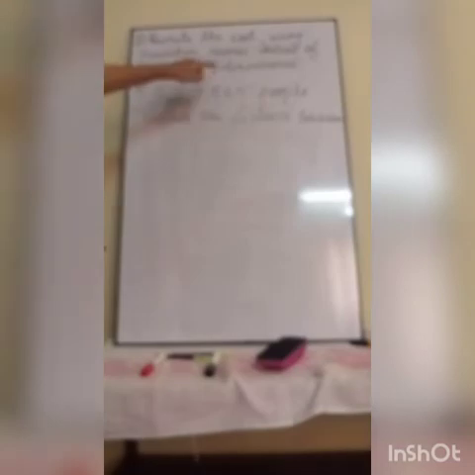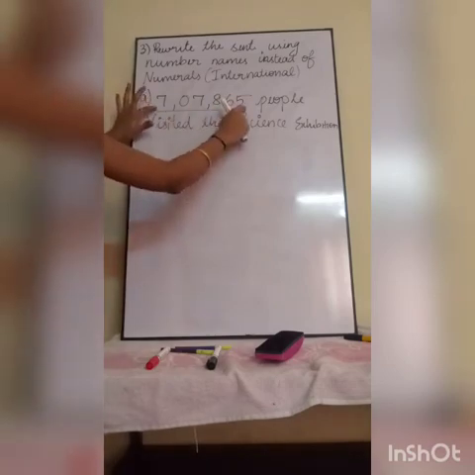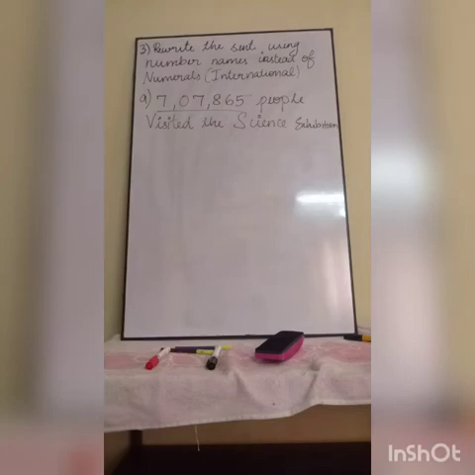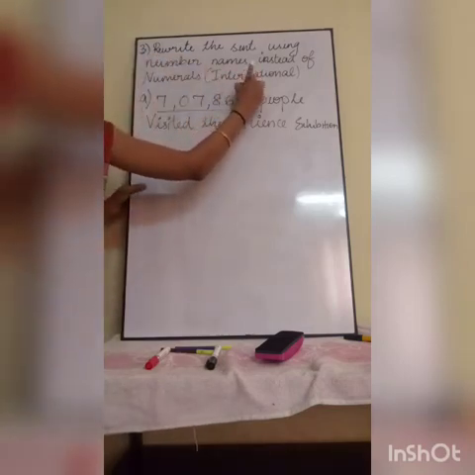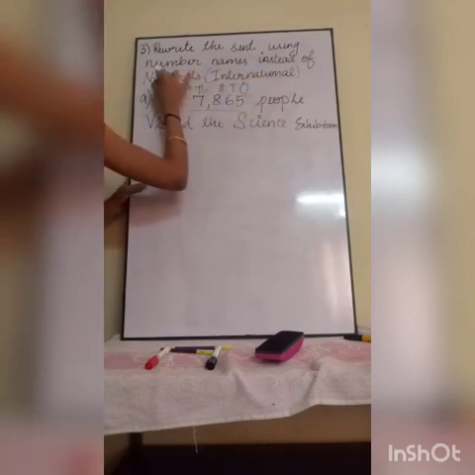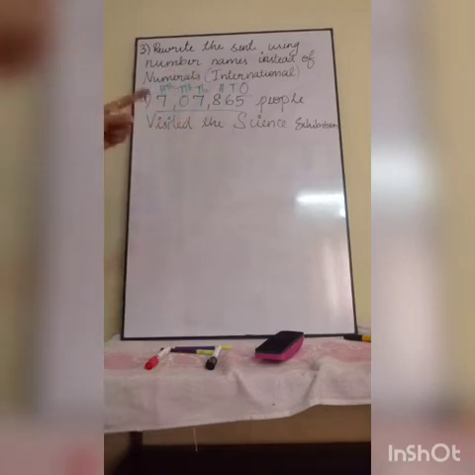Okay, but by what system? International system. They have given that we should use the international system. So this is the number in that sentence. I am going to change this numeral into a number name to change this sentence. Listen, ones, tens, hundreds, thousand, 10,000, 100,000. By the international system, but the commas are given based upon the Indian system, and we are going to change based upon the international system.